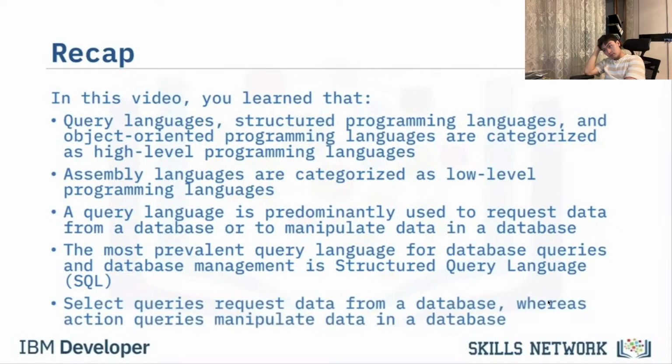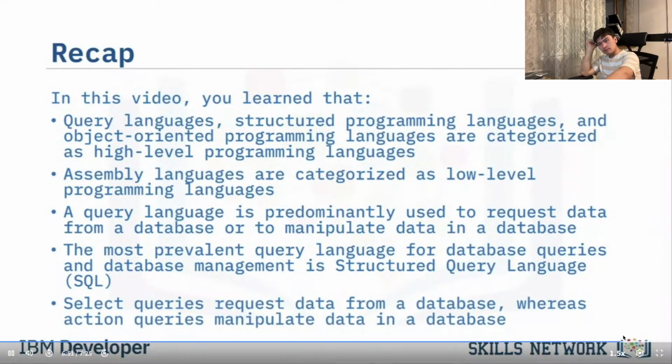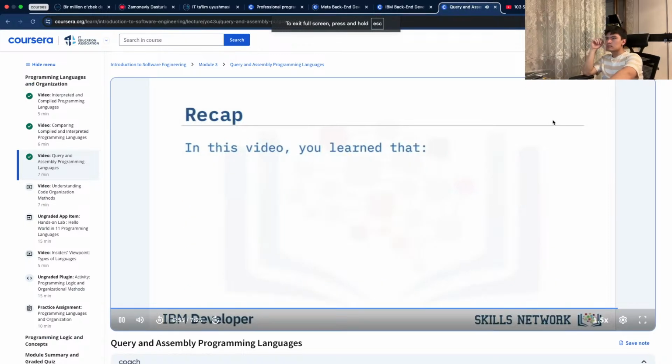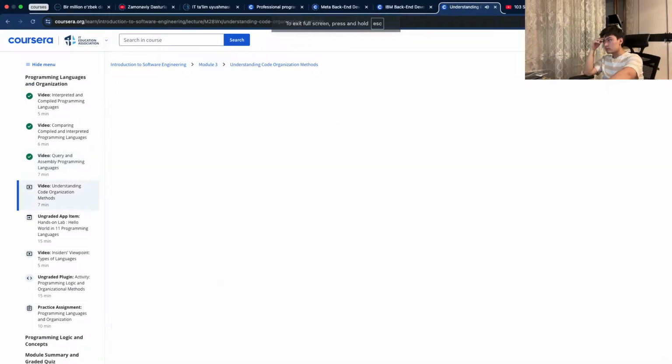Select queries request data from a database, whereas action queries manipulate data in a database. You also learned that assembly languages use a simple set of